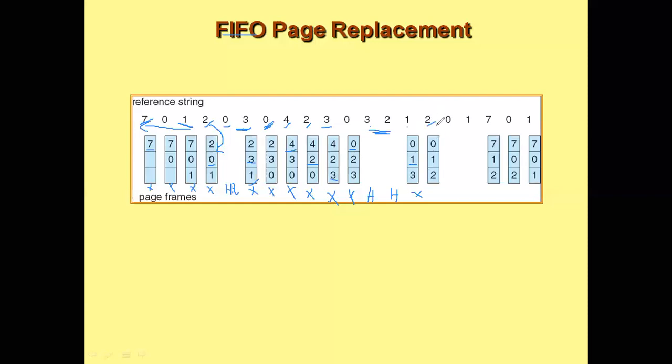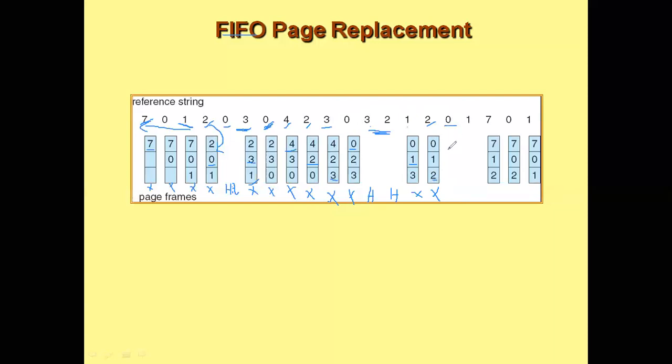What about the next page 2? 2 is not in the main memory, so it is a page fault. So which should you replace for 2? Do not consider these two, guys. Be very careful. Do not consider the page hit one. You can't be replacing with 1. Then you can't be replacing with 0. You should be replacing it with 3. So 3 is replaced with 2.